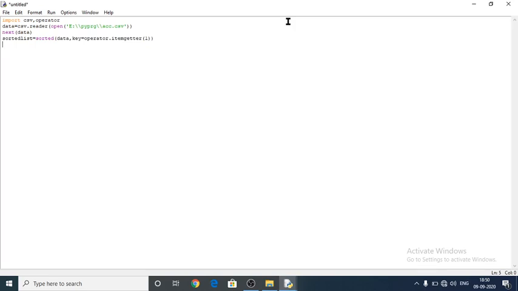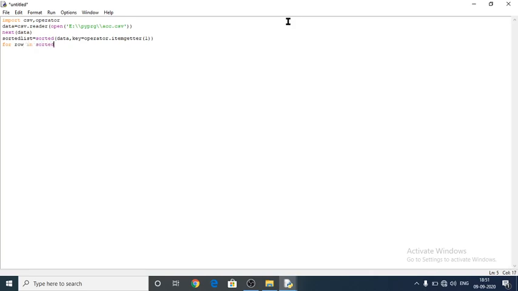And next I have to create a for loop: for row in sorted list, because in the sorted list the CSV file has been sorted. Afterwards I am telling the compiler to get the data from the sorted list with the help of the for loop.